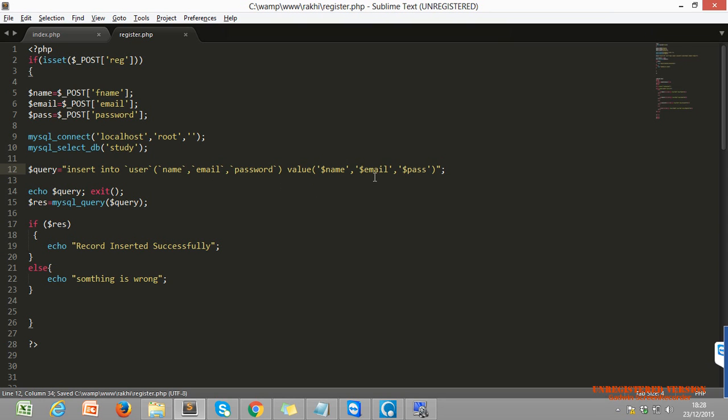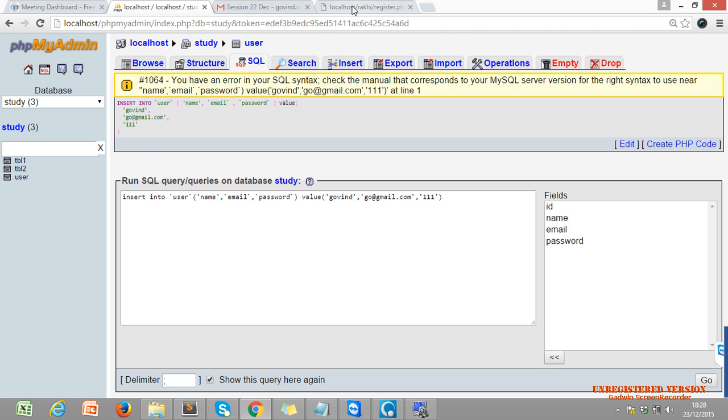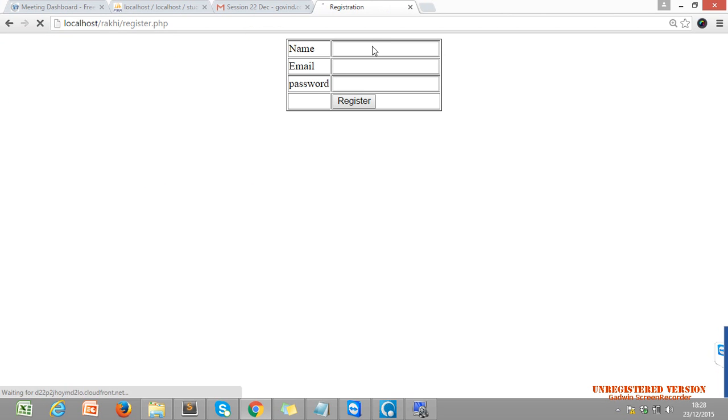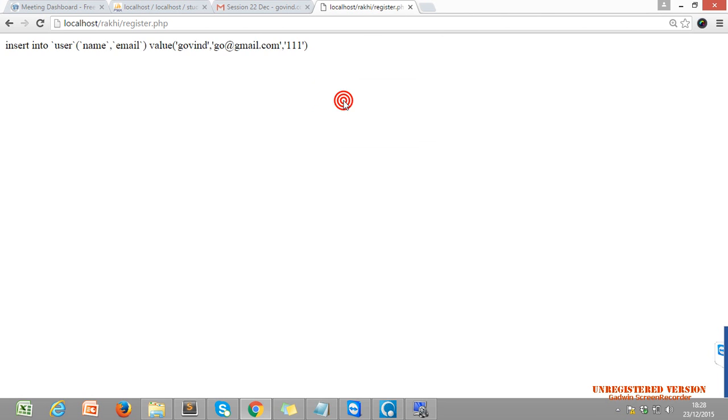Now I'm not using one column name, but using its value. Let's see, is this also one kind of error or not? I'm just using any values in all three sections. Click on register. Now just copy this query.